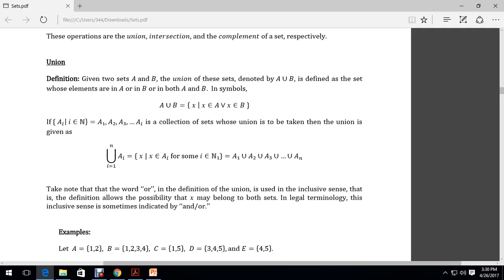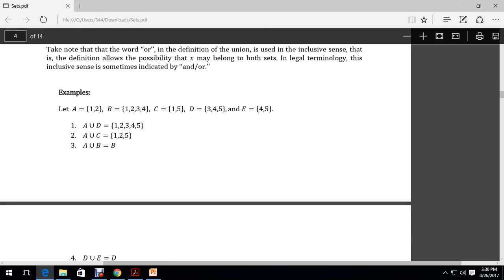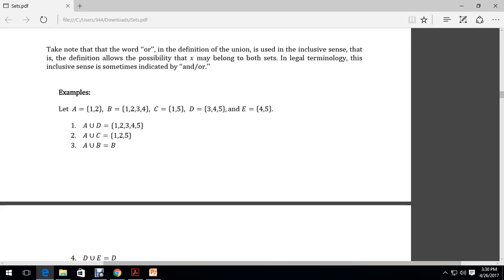Okay, so perhaps to further illustrate what is meant by the union, we could take a few examples to illustrate this set operation. Now, for example, if we let set A equal to the set containing the elements 1 and 2, set B containing the elements 1, 2, 3, and 4, set C containing the elements 1 and 5, set D containing the elements 3, 4, and 5, and set E containing the elements 4 and 5, then